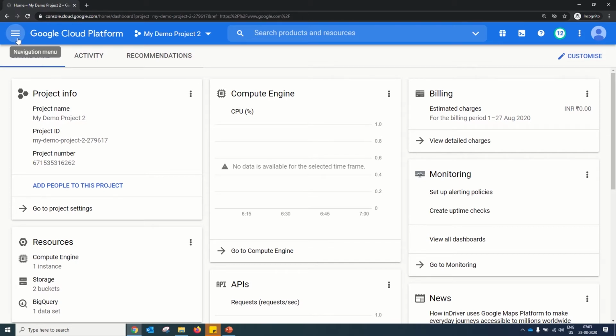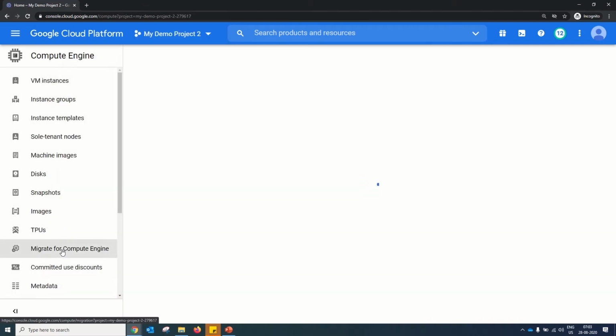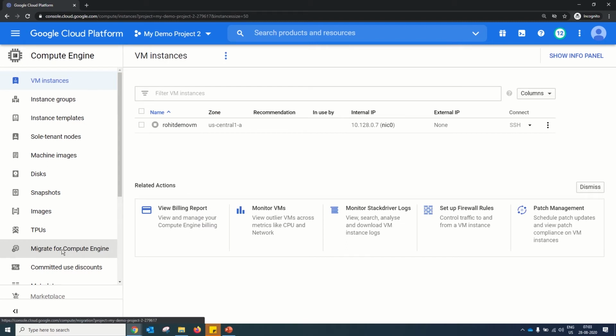For this, you just need to click here, and here you will find the option of Compute Engine. I'm browsing this Compute Engine page for you because it has multiple options, and before we start working on GCP for Compute Engine and VM instances, we should explore this page for our better understanding.